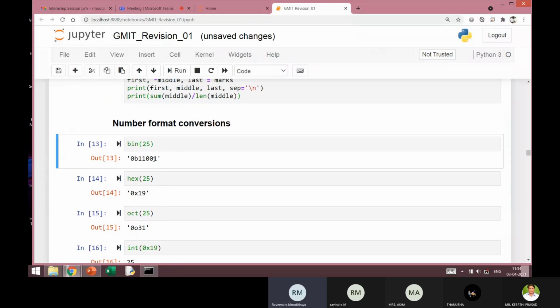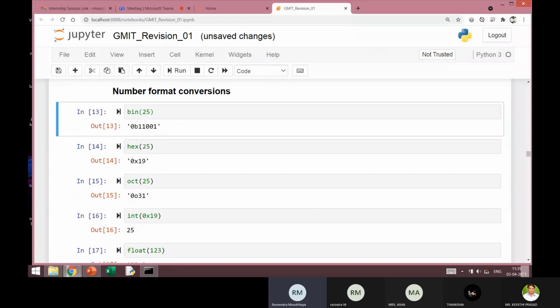You can make a verification. This is 1 plus 8 plus 16, which is 25. So it's a very easy conversion. You can also see how the hexadecimal conversion can be done for the same 25. The positional value in hexadecimal: this position has a value of 1, and this has a value of 16.